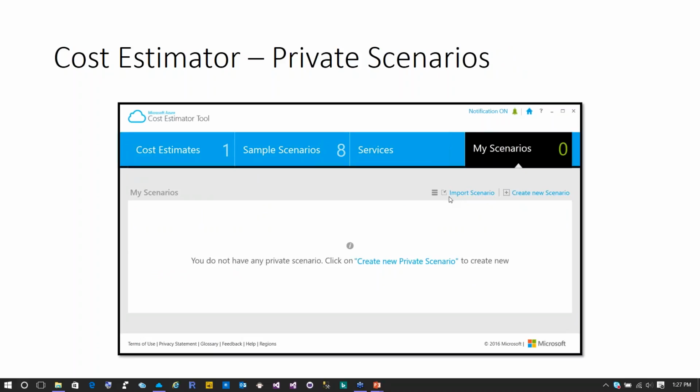So now we're down to the scenarios here, and so we'll talk about this briefly. As I mentioned before, in each of these scenarios, you can do private scenarios where you can price out a number of different scenarios based on whatever your requirements are. You can just do almost any arrangement you want with this. Notice here also you can import scenarios, so that if you save previous ones offline, you can just bring them back in, add them up, and we'll go through and I'll show you what some of these scenarios look like. I've saved a couple on my computer, and I'll just let you see how you can manipulate them in Excel and what the files look like.